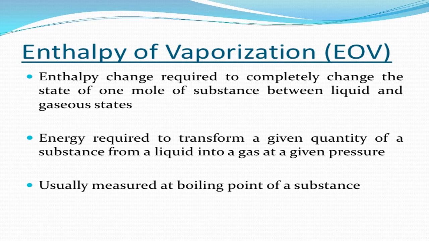Now, the second type is what? Vaporization. When evaporation takes place, when the liquid starts boiling, vapors are formed. So there also you have to fix 1 mole only. When 1 mole of a particular liquid is taken, then heat it. To convert completely 1 mole of that liquid into 1 mole of vapor, that is called what? Enthalpy of vaporization or molar enthalpy of vaporization. Normally it is done during the boiling point determination.